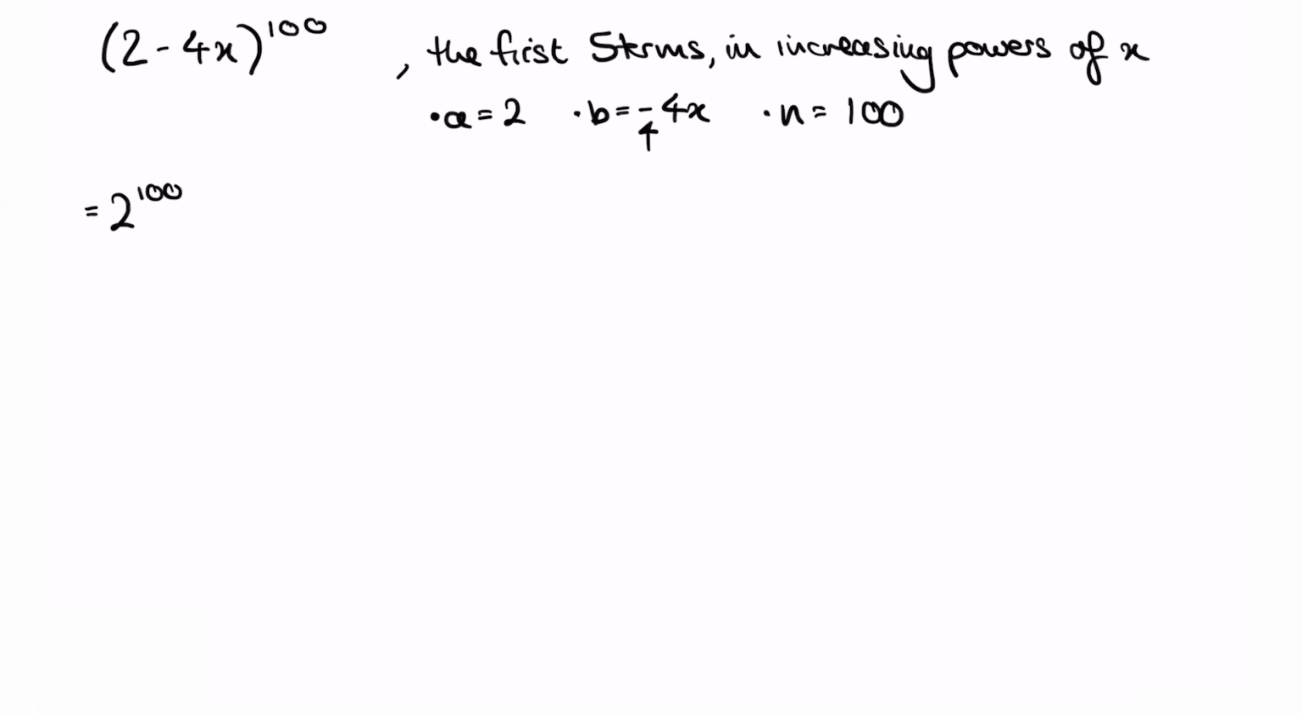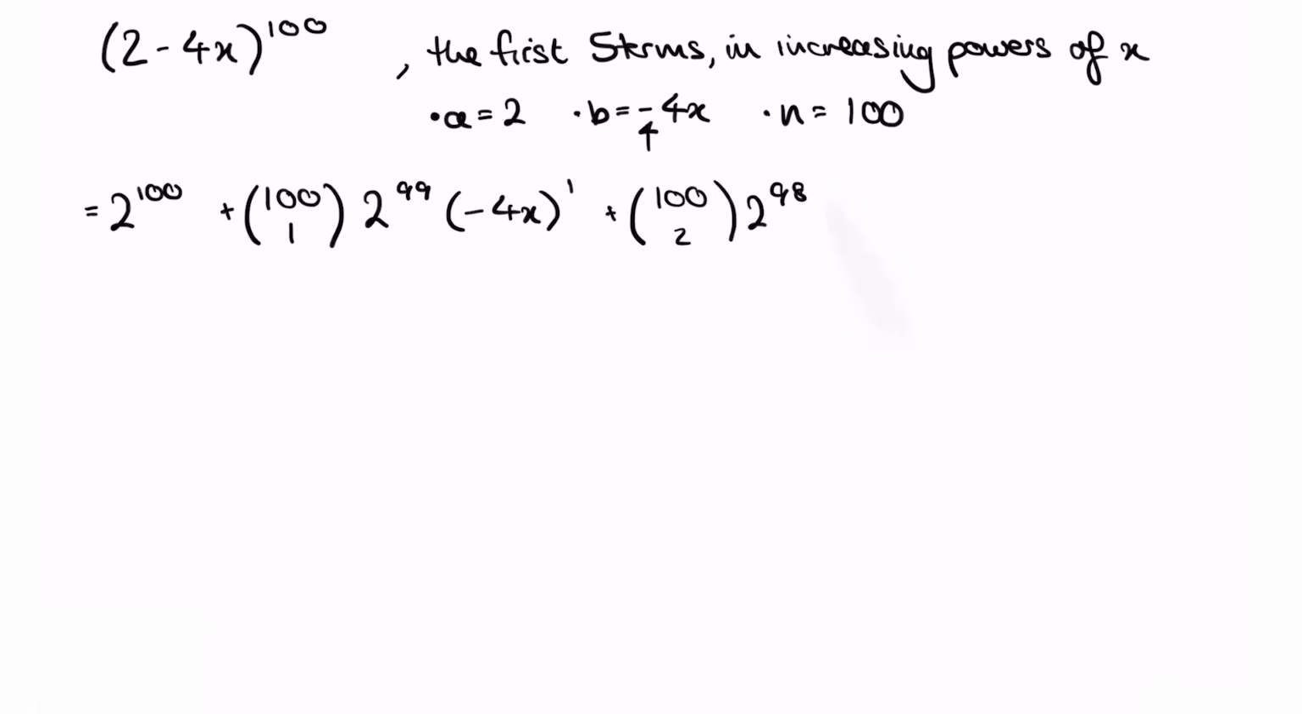Then we're going to systematically increase our powers of the b term, since that has the x value, and we need the first 5 terms in increasing powers of x. So we're going to choose 1 b from 100, so we get 100 choose 1. This means we have 99 a terms, and our b term is negative 4x. And we've just got one of that. And we can see 99 plus 1 gives us 100. Then we're going to continue increasing our powers of b and the number we're choosing in our choose function. So then we get plus 100 choose 2, 2 to the 98, negative 4x squared. And we're also decreasing our powers of a as we do that. And we need to ensure that the power of a and the power of b sum to give us n,